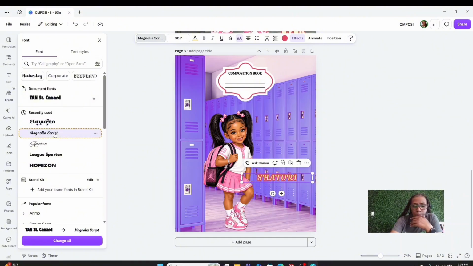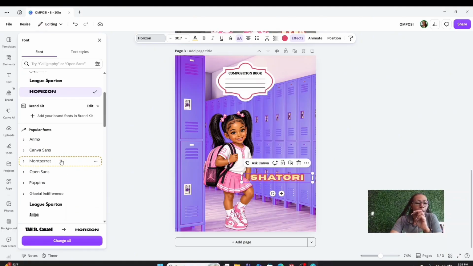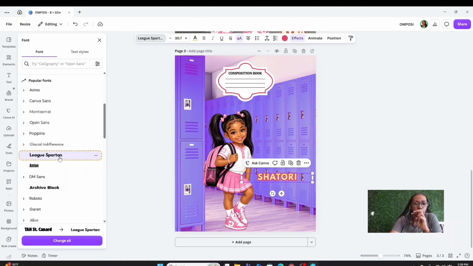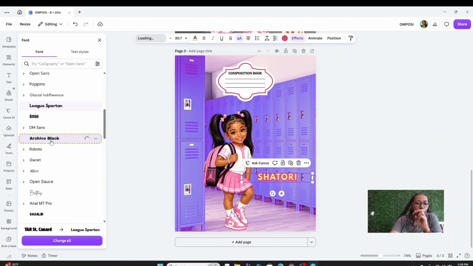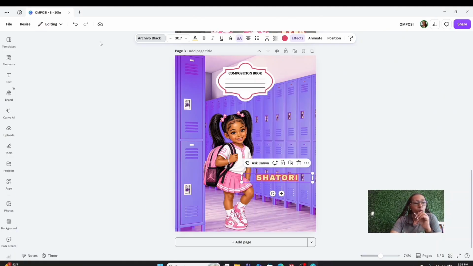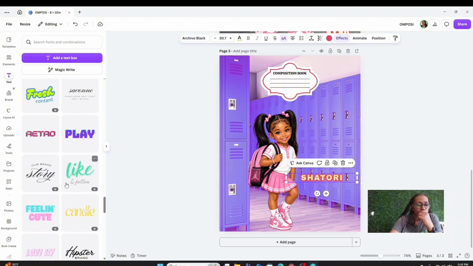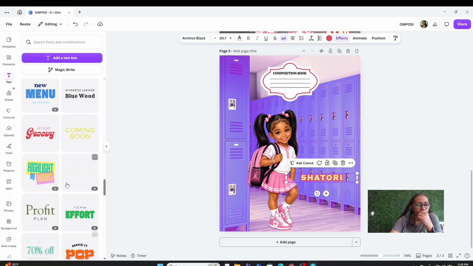So let's see. Because it's got to be legible. People don't be just throwing her name up there any kind of way. It's got to be legible so people can understand what the baby's name is, okay? Now, if you don't want to do it that way, you can go right here in the fonts and change the font to get a different name, or we can go into text. If I go into text,